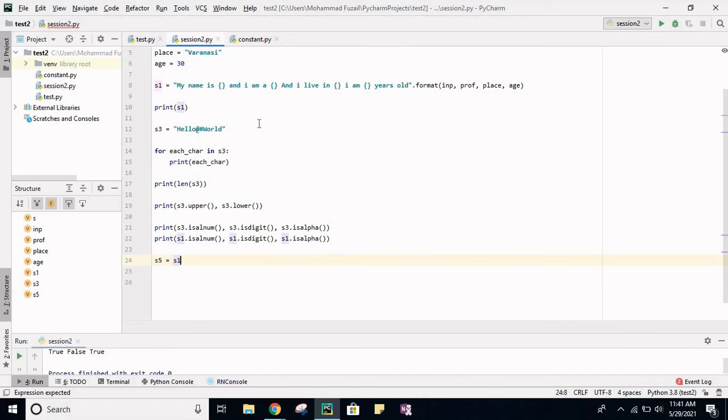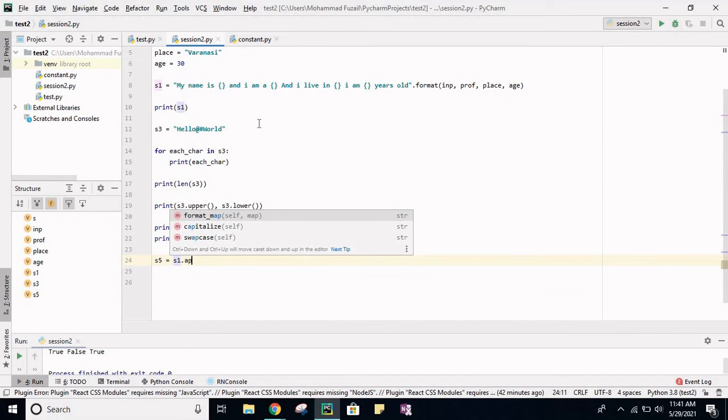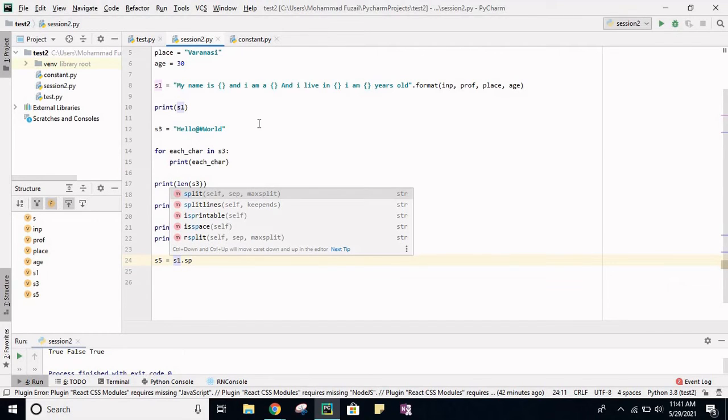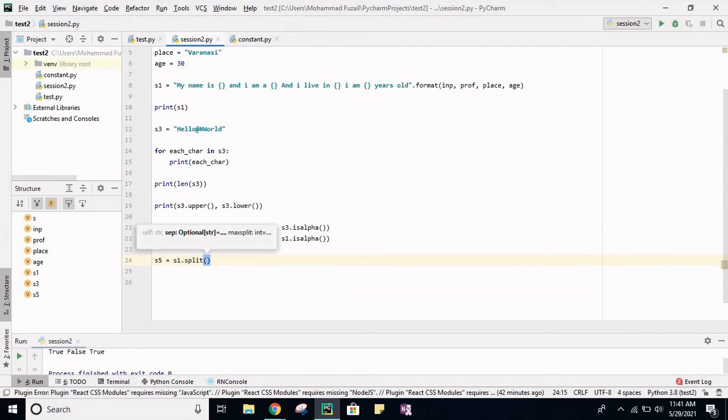So I have a string S1, and I am saying split this string S1. Where to split? I am passing the particular thing at which it will split. I am passing a space here, which basically means wherever there is a space, just split those characters and give me the output. Let's see what output we get.